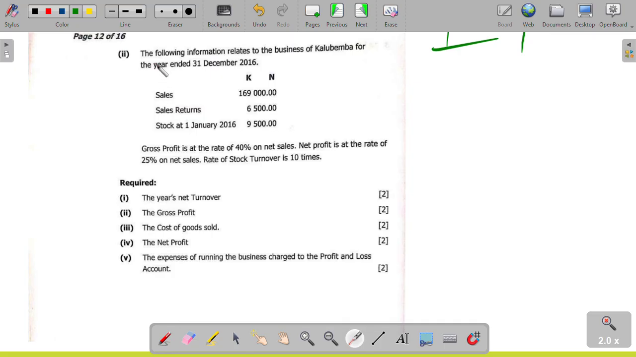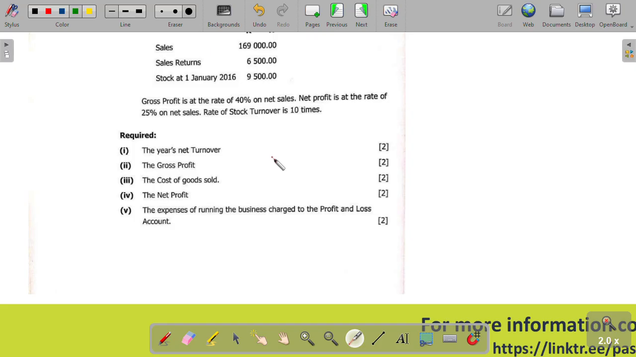Okay, the following information relates to the business of Kalubemba, for the year ended 31 December 2016. Sales 169,000, sales returns 6,500, stock at 1st January 2016 9,500. Gross profit is at the rate of 40% on net sales. Net profit is at the rate of 25% on net sales. Rate of stock turnover is 10 times. Required: